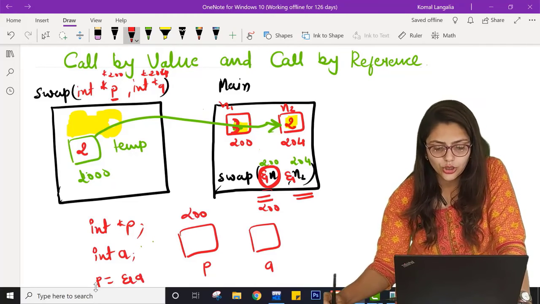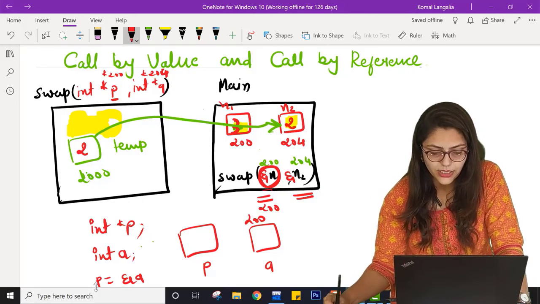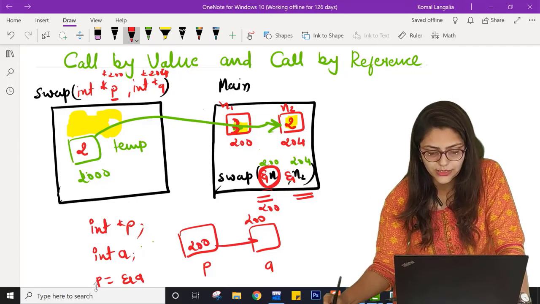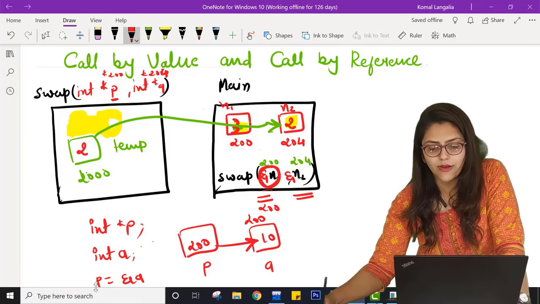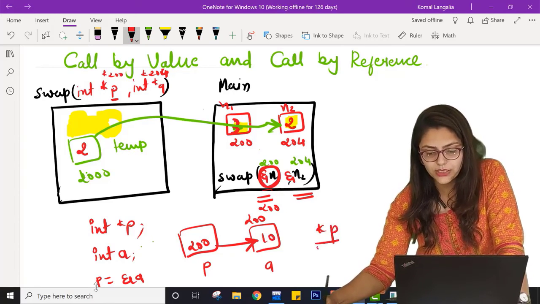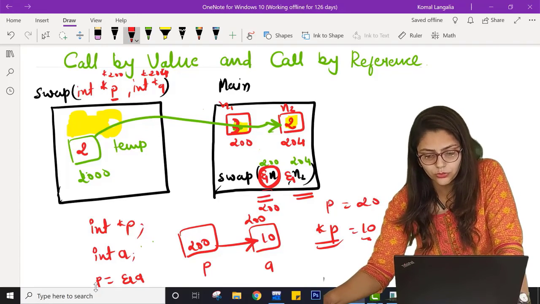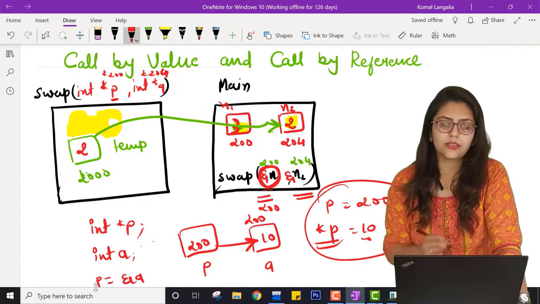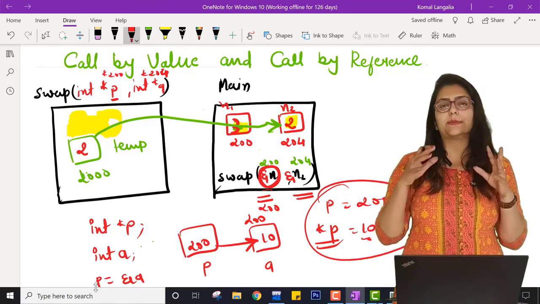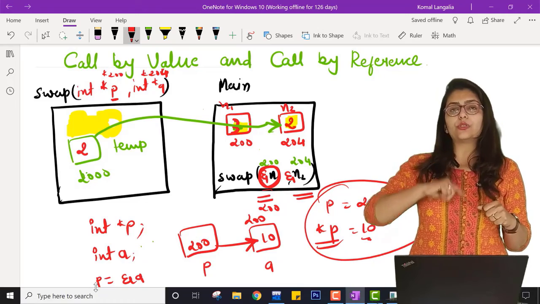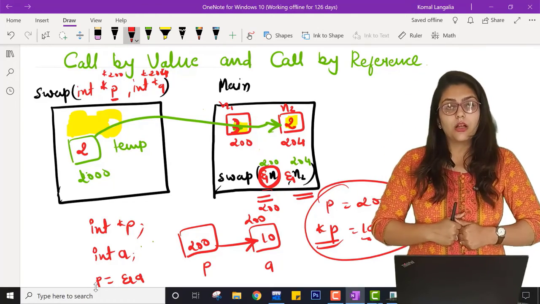is 200, then here 200 will be stored. That means P is pointing to A. Now if A has the value 10, I can say this value is equal to 10. I can say P is equal to 200. I hope you know this difference. If you know this difference, you can understand that we don't need to initialize pointers in main, but we can use them in my function argument so that I can correctly swap the variables.